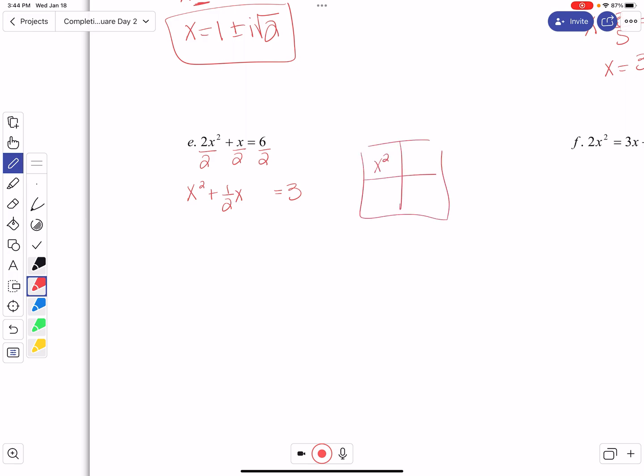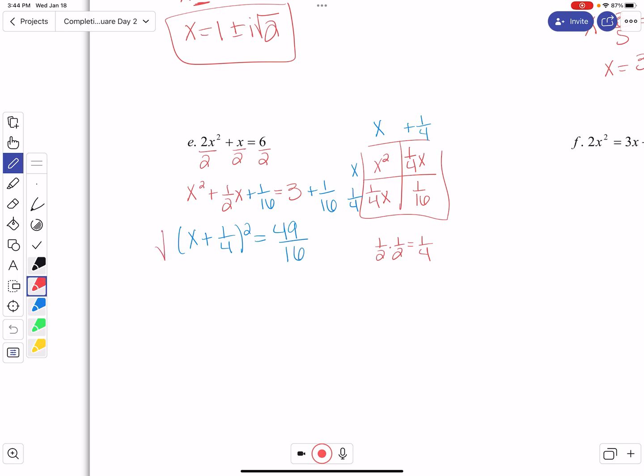So I have x squared. All right, a half divided by a half, or if I multiply a half times a half, I get a 4th. So I have a 4th x and a 4th x. A 4th squared is a 16th. So I'm going to add a 16th to both sides. My GCF here is x, and then I pull out a 4th. So x, and then a 4th. So I have x plus 1/4 squared. And then 3 plus 1/16 is